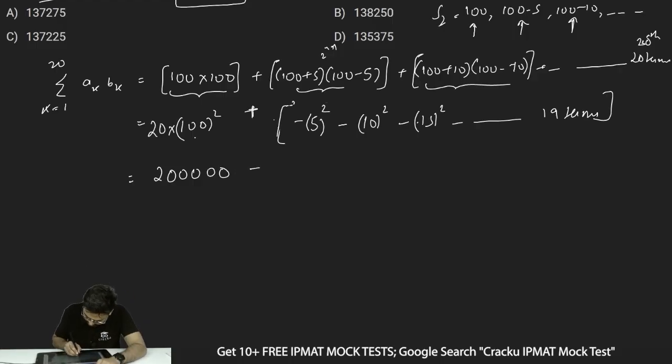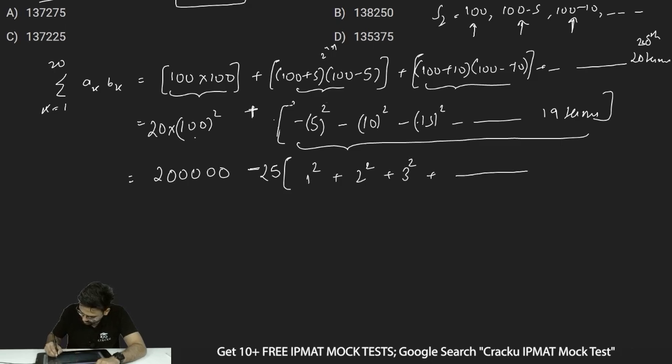So 2 lakh, I'll take minus 5 square common from this. So minus 5 square common is minus 25. Inside I'll be left with 1 square plus 2 square plus 3 square up till 19 terms. So this I can write as 2 lakh